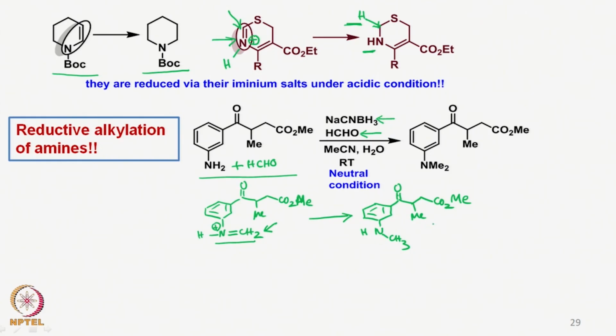Now if we continue the reaction, the secondary amine also will undergo condensation and form this type of intermediate, with CH3 and a double bond, CH2 positive charge. So the second condensation occurs at the secondary amine here, and again the reduction takes place at this center with sodium cyanoborohydride, leading to the formation